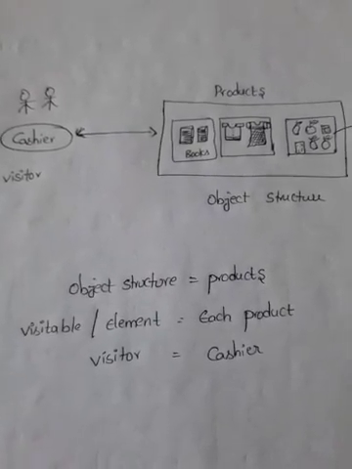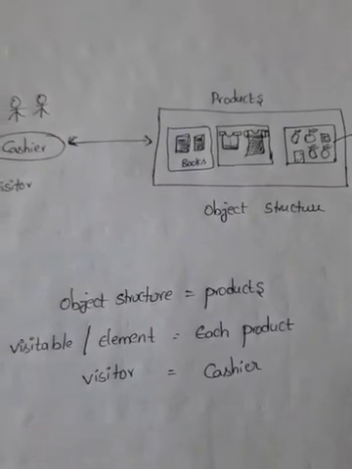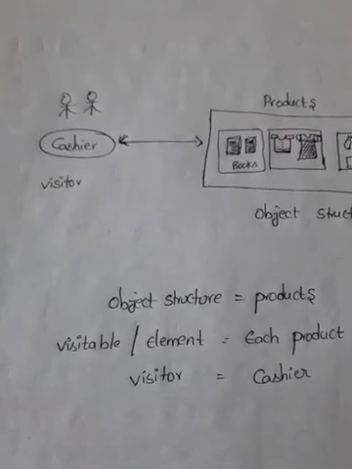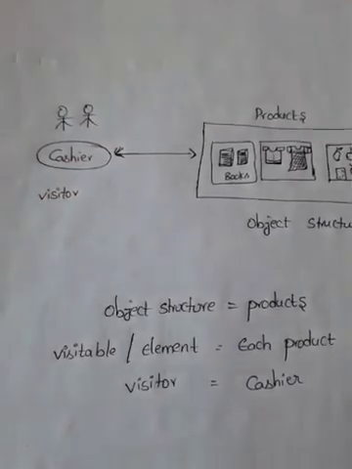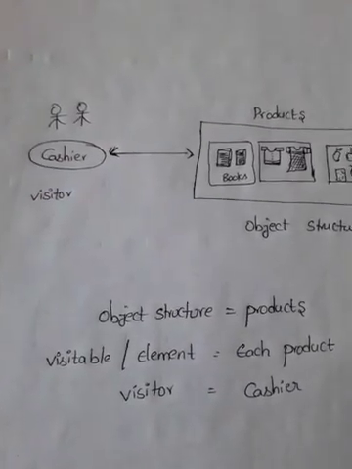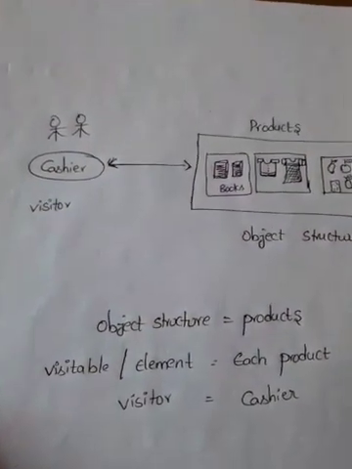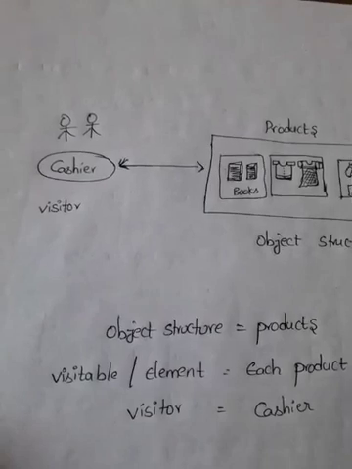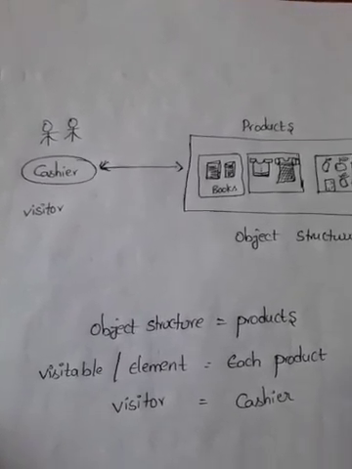which have been selected from different kinds of products, and after collecting them you will go to the cashier to pay the bill for those products. Then what the cashier does is, the cashier checks each and every product and calculates the total price of the different kinds of products that you have selected, and tells you to pay the total amount. You give the total amount to the cashier and you purchase the products, right? This is the process that happens in our shopping malls.